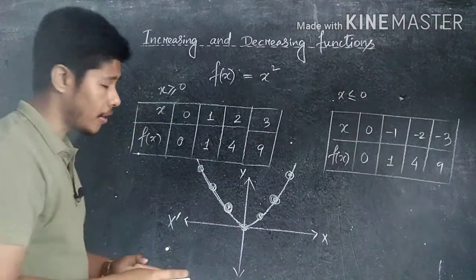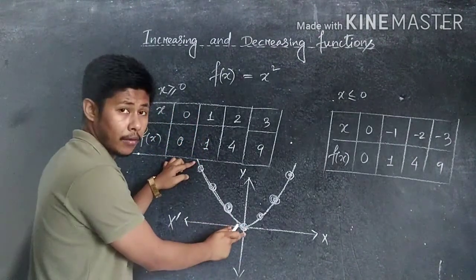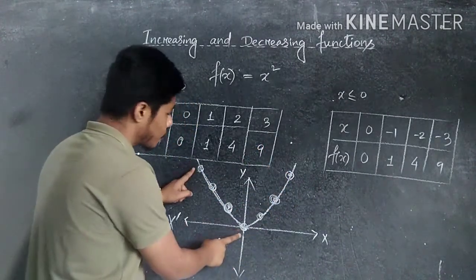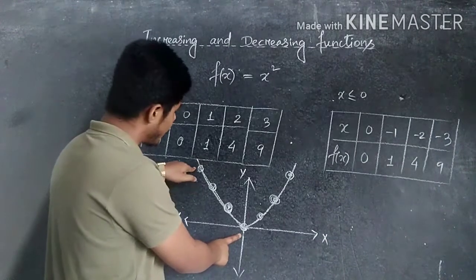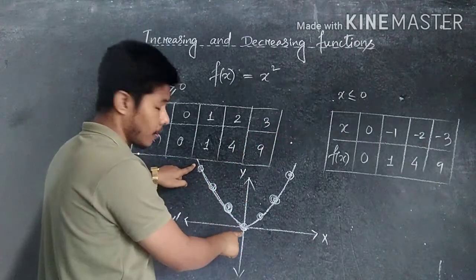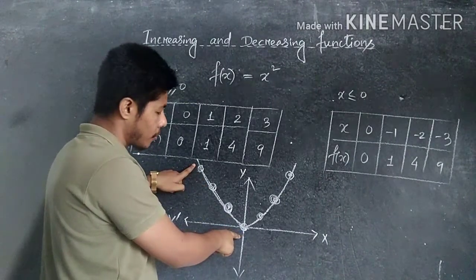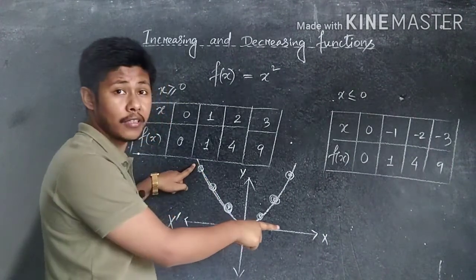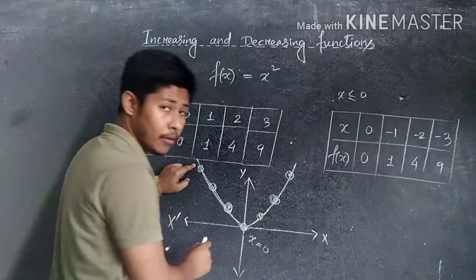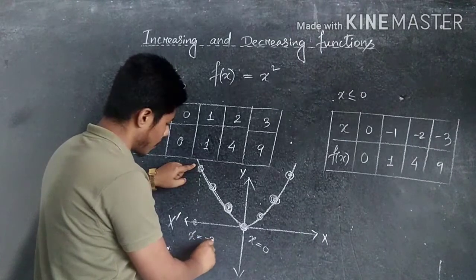So now here if we separate into two parts, suppose one part is from here to here and another part is from here to here, if we consider two parts, now in this part when the value of x is less than here 0, -1, -2, -3, is not it? So at this place the value of x is what? 0, and at this place if you see here, at this place the value of x is what? -3.